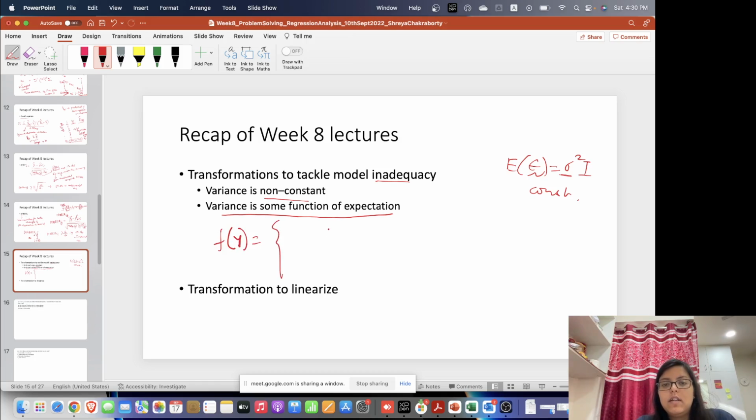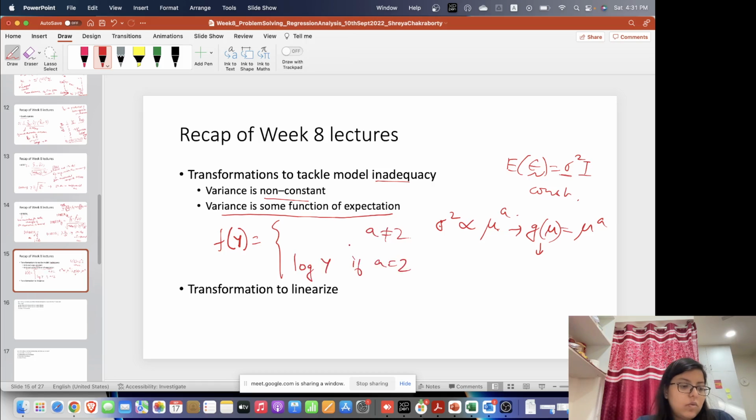If sigma square is proportional to mu to the power a, then we would write it as g mu, right? Since this is the function with which sigma square and mu are related, we would have log y if a equals 2, and if a is not equal to 2, we would have this as